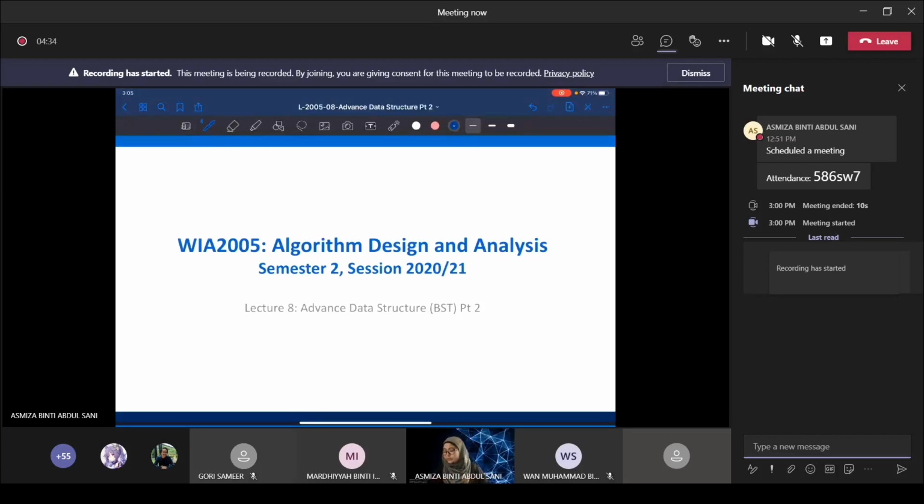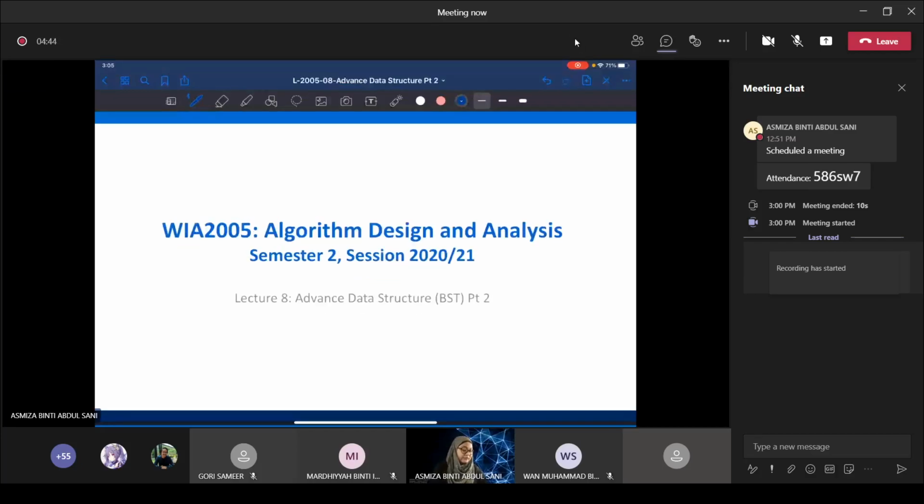Basically, today we're going to be looking at another data structure. Last week we looked at one data structure called hash, and we found out that we can do search and insert. The delay is maybe not really constant, but it can reach constant time. Basically, you can do search and insert in constant time. Today we're going to be looking at another data structure, which